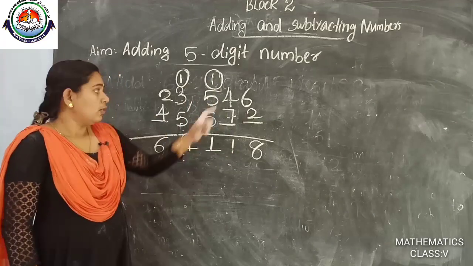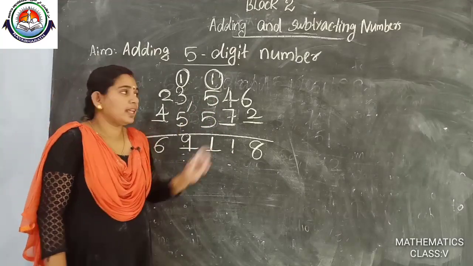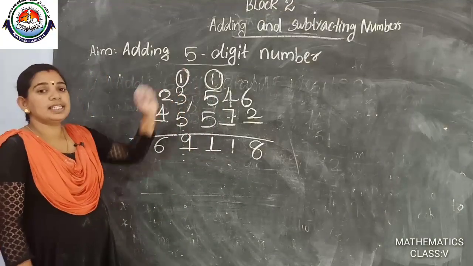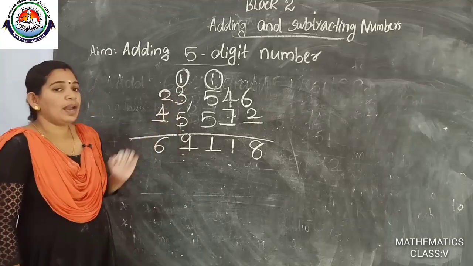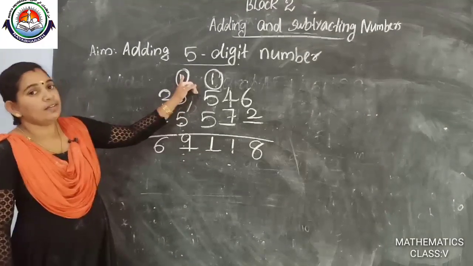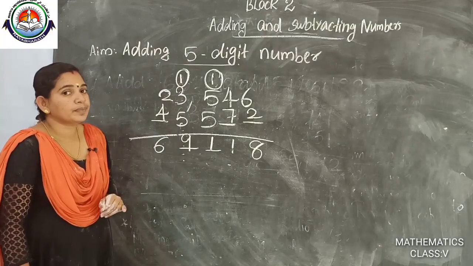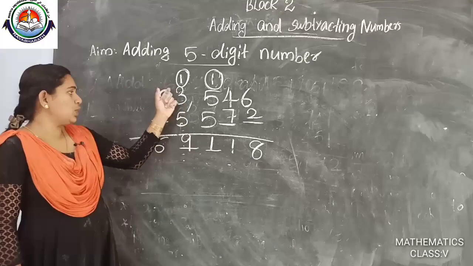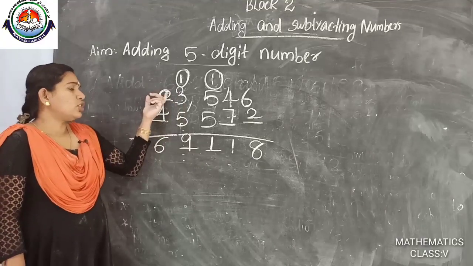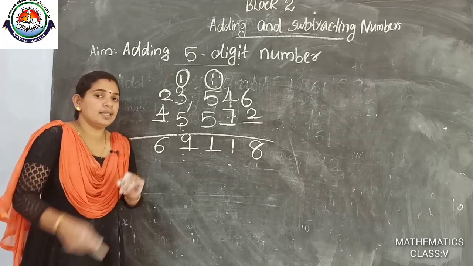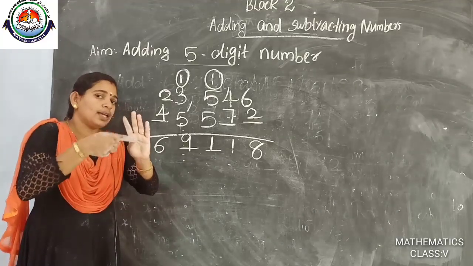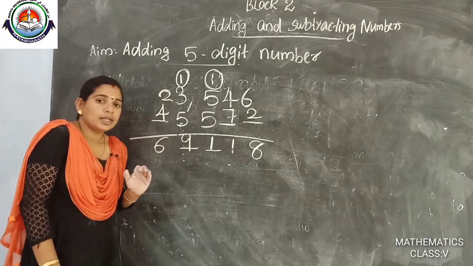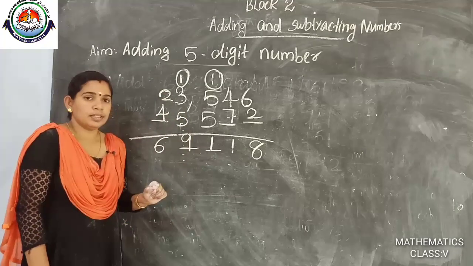1 is carried. 5 plus 5, 10. Here 1 carry is there. 11. Here also, you write 1 here, then 1 is carried. Then 3 plus 5, 8. Here carry 1. So 8 plus 1, 9. Then there is no carry. 2 plus, here blank. Which number are we adding to 2? We will get 6. 3, 4, 5, 6. Okay. 4 fingers.